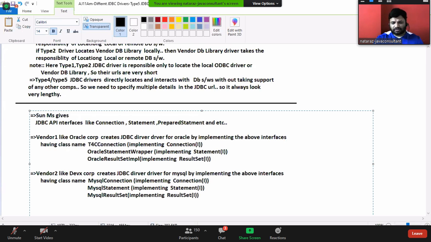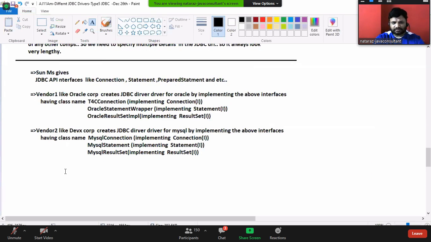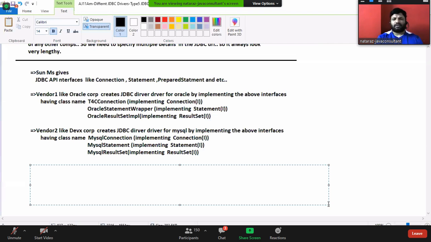But listen, guys, Sun Microsystems will do this, and vendor companies will do this. Java developers, nothing but programmers, use JDBC driver software to develop.